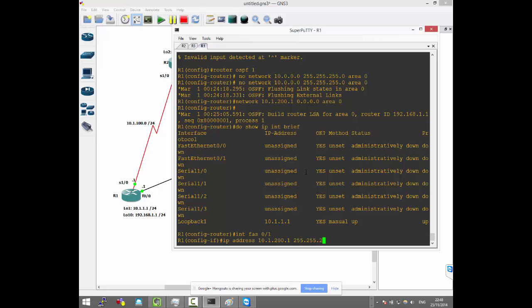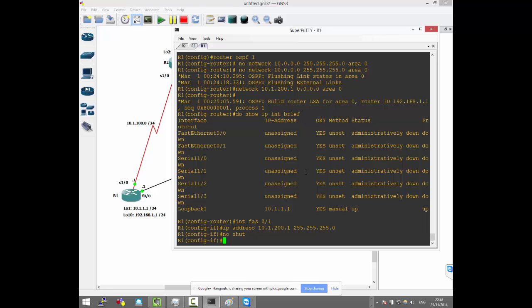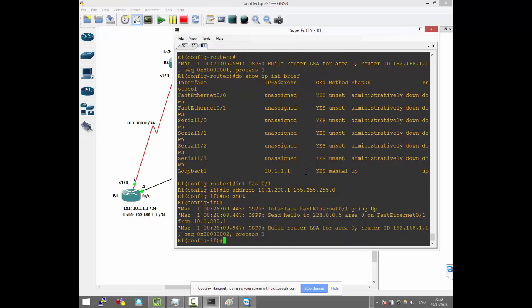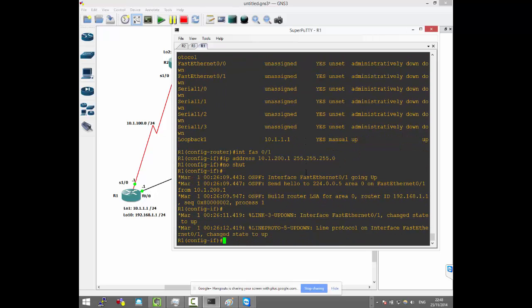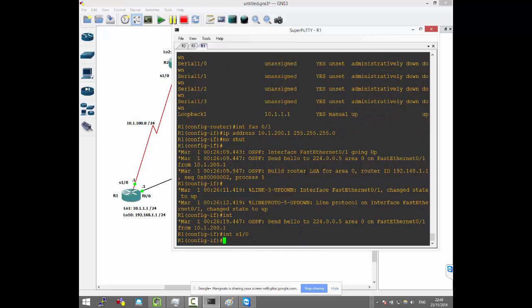12.5.255, and we're gonna get lots of events now. We have to switch off debugging, and then we go no shut. And then OSPF should start. Can you see that? Yes. It instantly starts sending hello. Now it looks like debug is done. So if I go interface serial 1/0, and then IP address